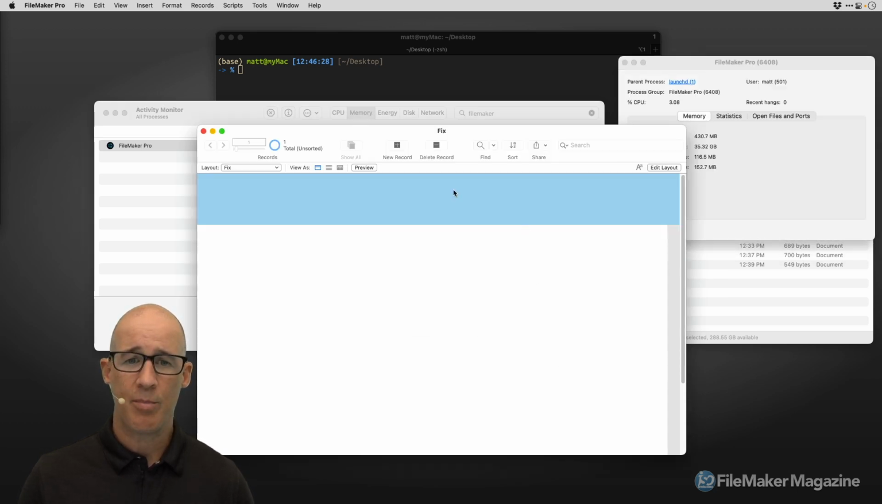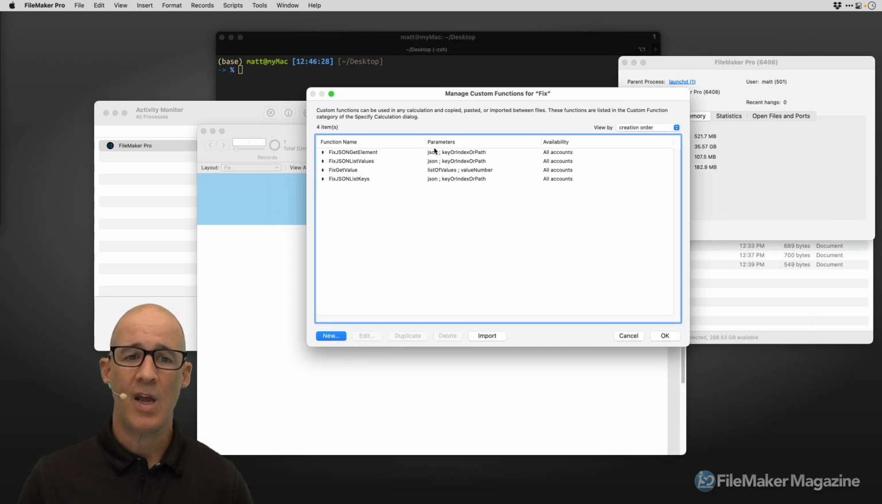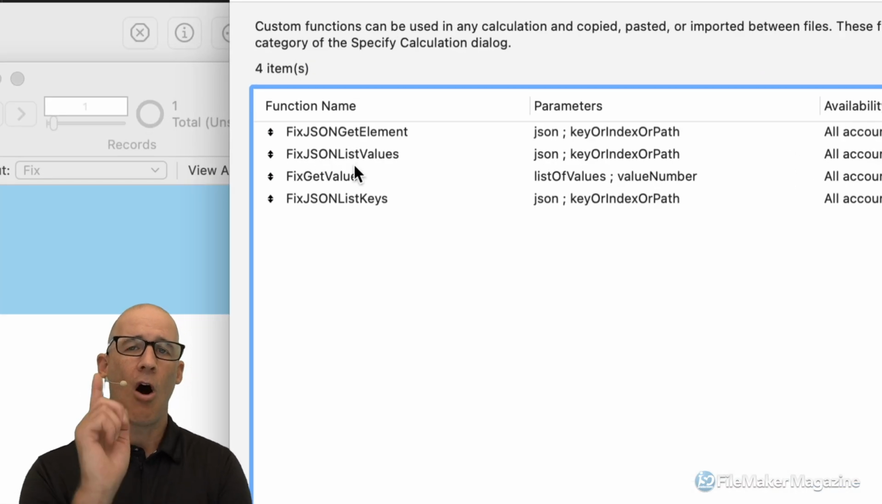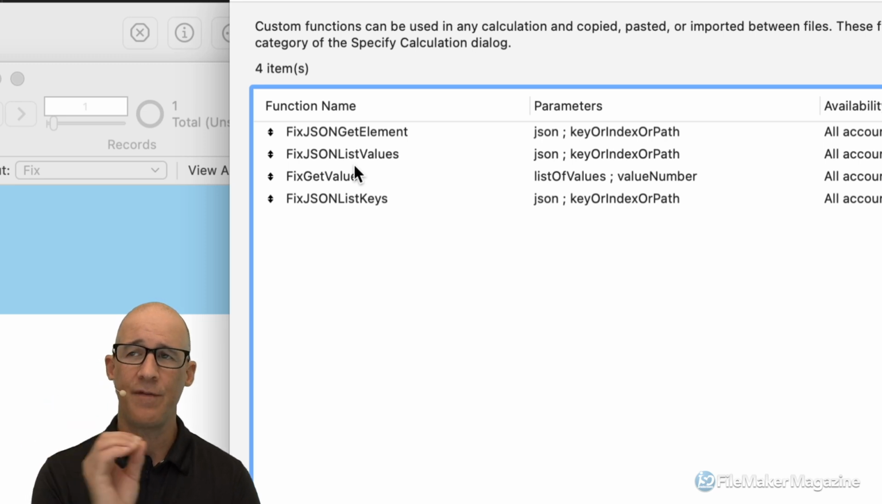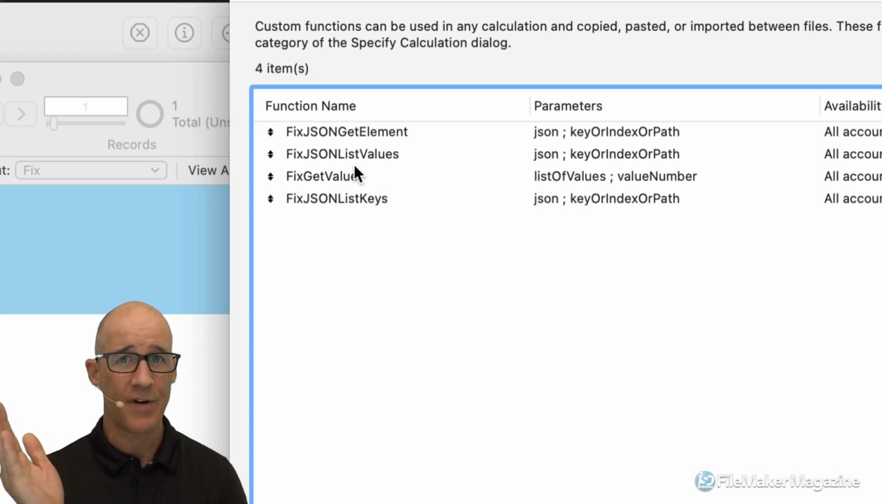We can see there's my baseline, 400. Here is my proposed fix, and here's how I tested it. So we go into custom functions, and we look at the custom functions. All I am suggesting is that if you want to have this fix until FileMaker fixes it,